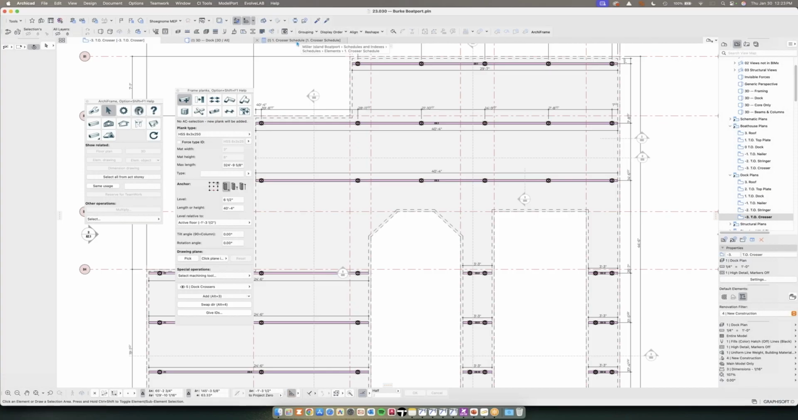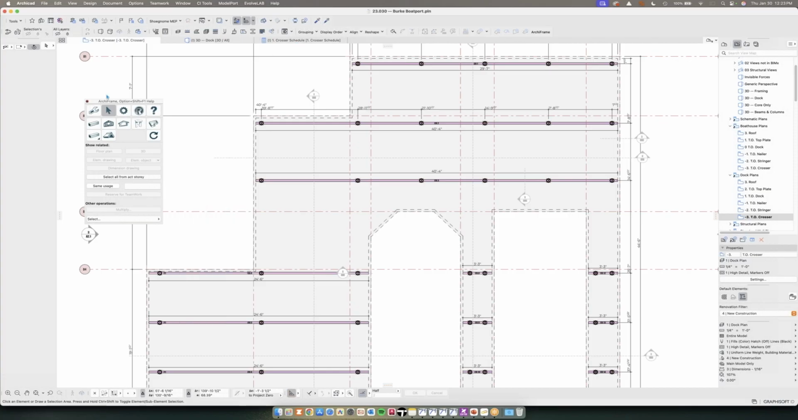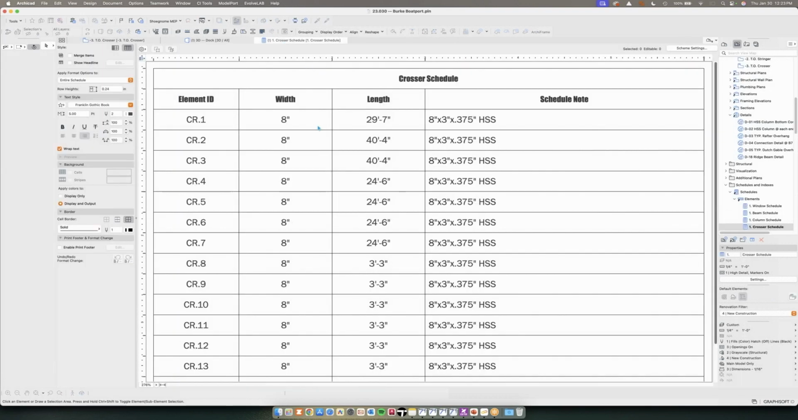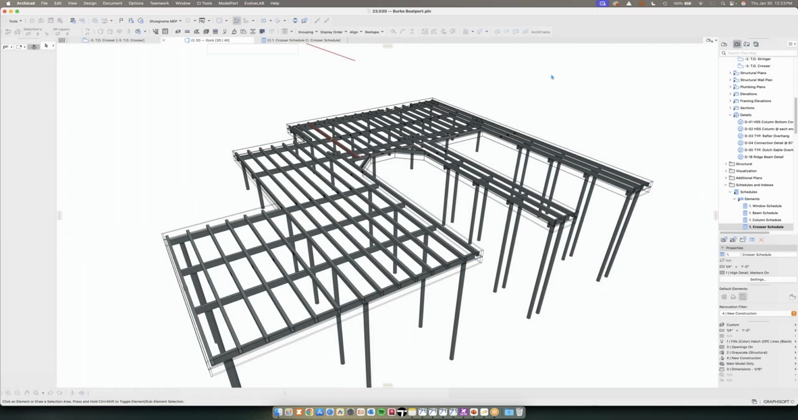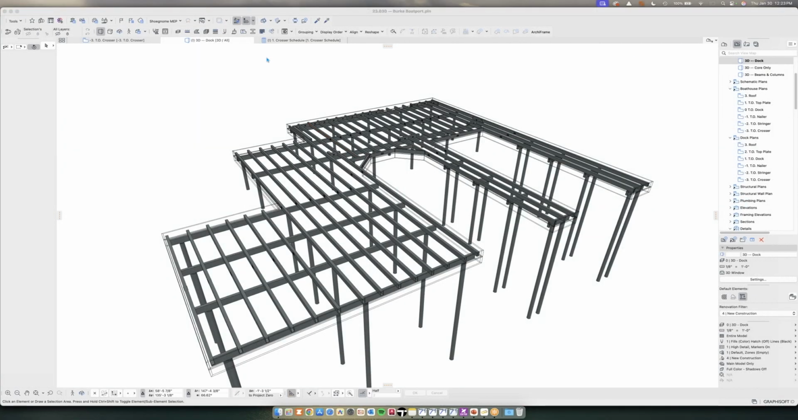And then to show how that translates into the documentation, when I create the schedules, ArchiFrame does a really good job of transposing those element IDs into a schedule. And then by extension, it gives me actual cut lengths, where I find Archicad itself does not give the same level of detail or accuracy that I'm hoping to portray. So this is a simple example for a deck, but going back to the model here with a 3D framing